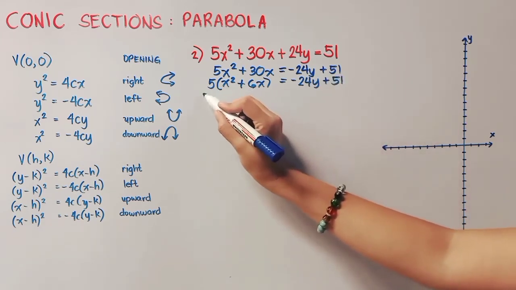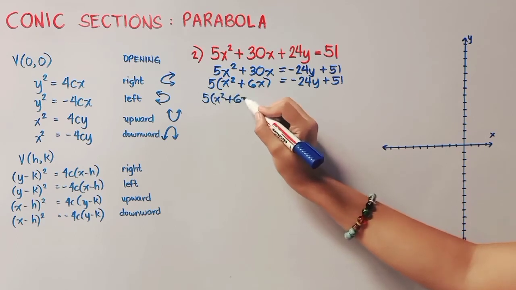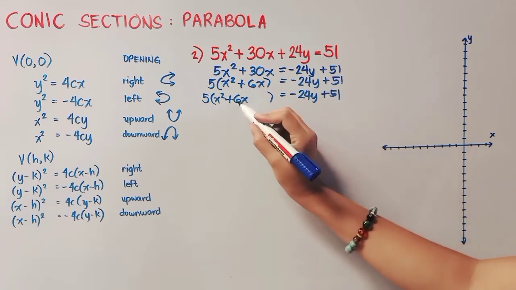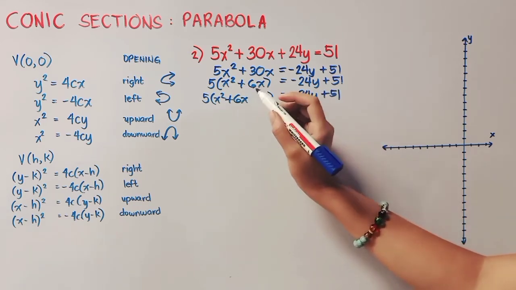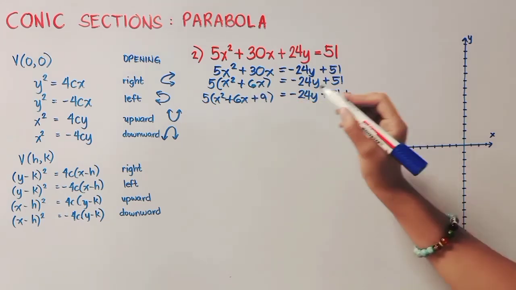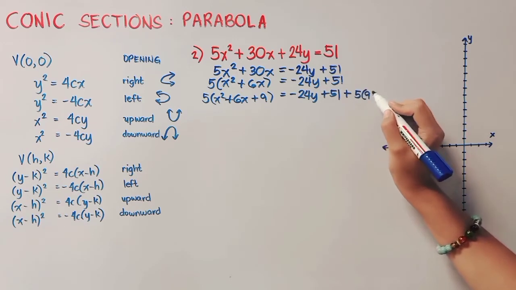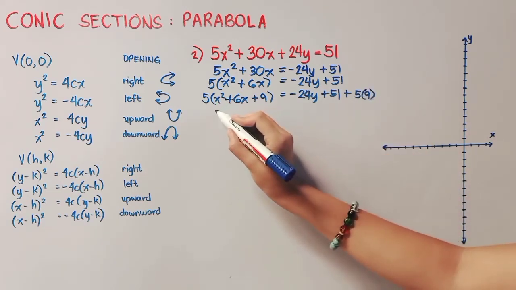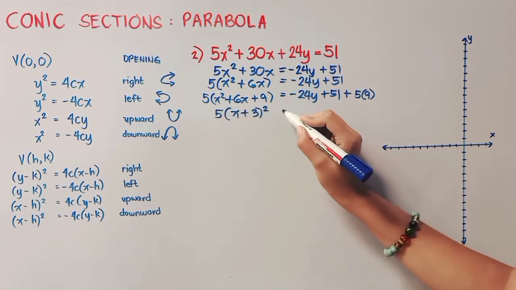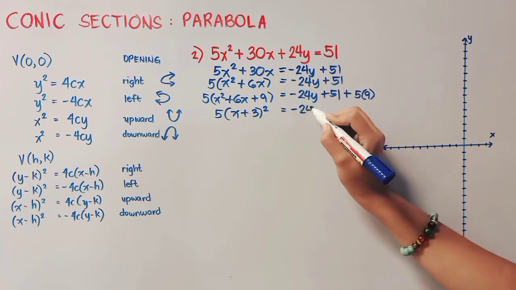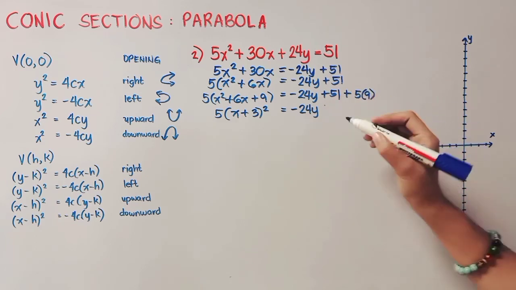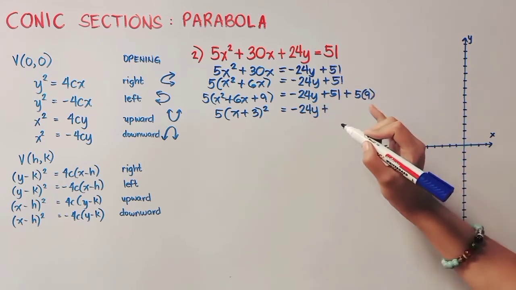Now we are ready to complete the square. Before that, we will copy first the following. Focusing on our middle term, 6 divided by 2 is 3. 3 squared is 9. Don't forget to also write it on the right side, but there's still 5 outside. So we will add 5 times 9. We are now ready to factor this. It's x plus 3. Again, that is 6 divided by 2, 3. And then negative 24y, 51 plus, this is 45. So that is